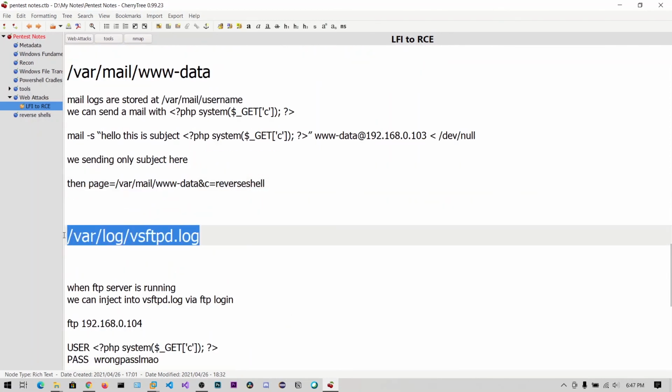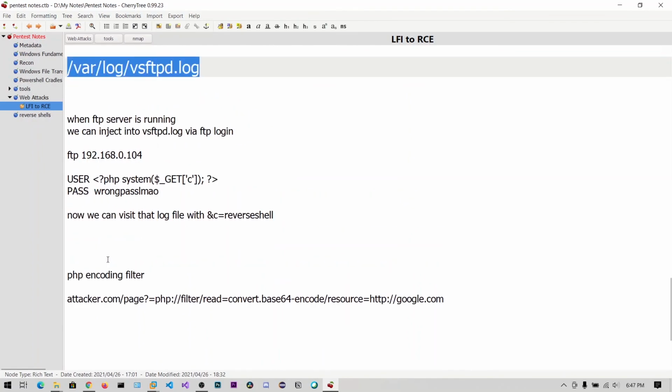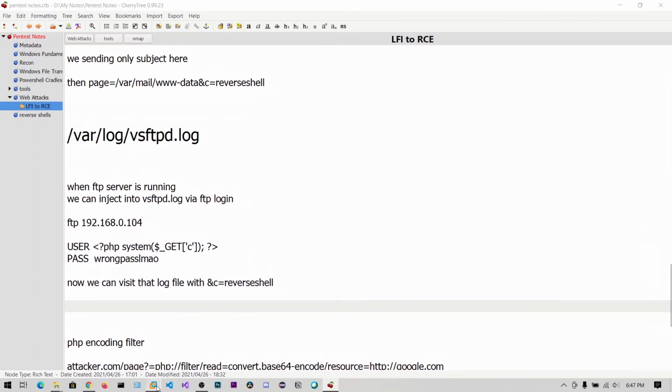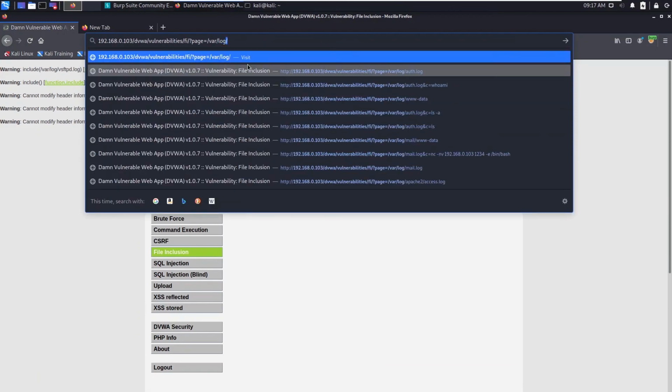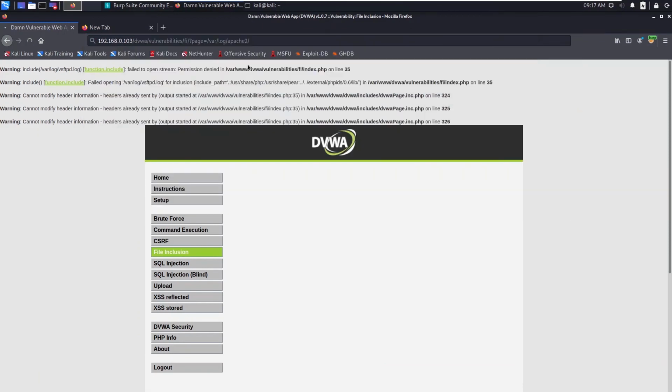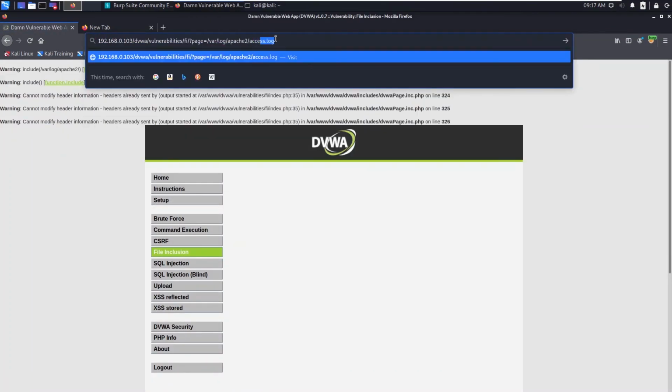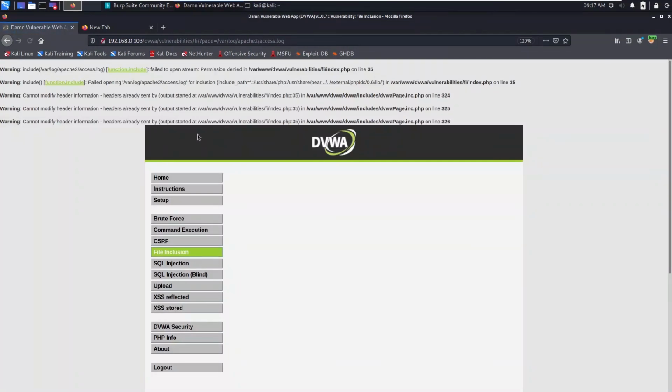So you can also see vsftpd log. Okay, you can also do /var/log/apache2/access.log.